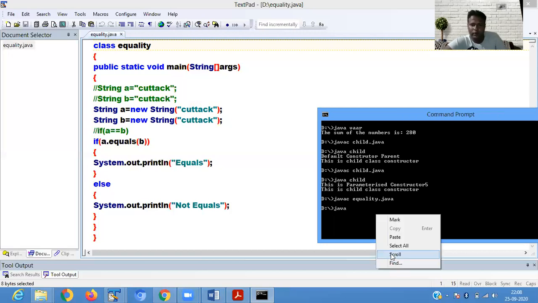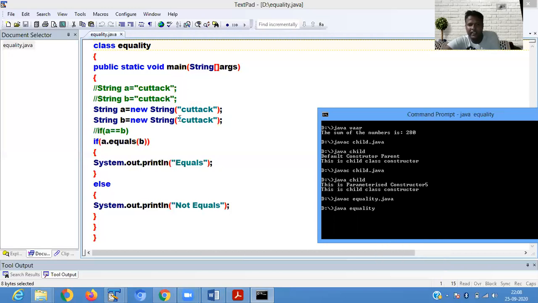We store the value in the form of a reference. If A dot equals B, this shows equals, since both are storing the same value.